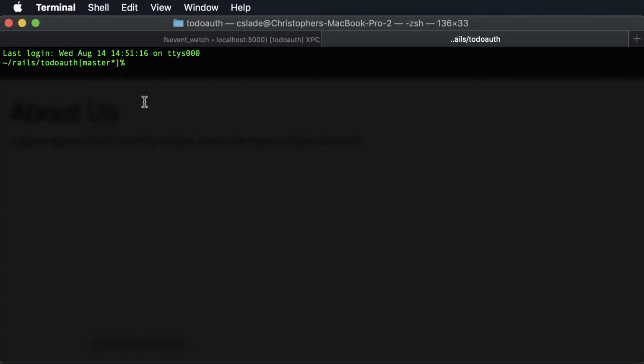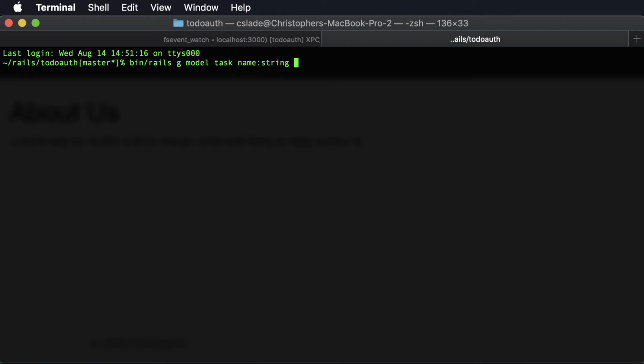We're in our application folder, and we're going to use the generator to generate our model file. So we'll run rails g, which is short for generate, and we're going to create a model. Here's where you have to be really careful about whether you're going to use a plural name or a singular name. Models are always singular names, so you just want to create one of them. Whatever model you're creating, make sure you use a singular name for that. I'm going to call mine task, and my task is going to have a name,